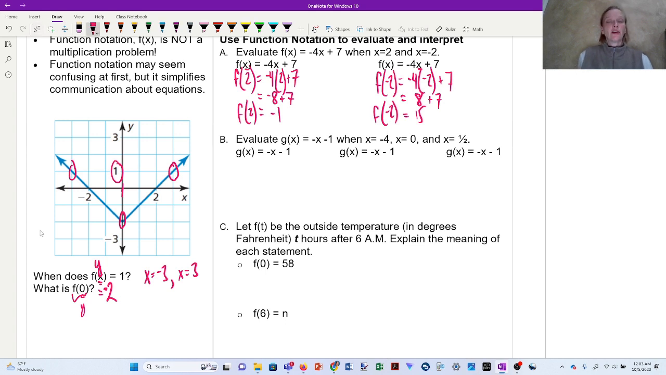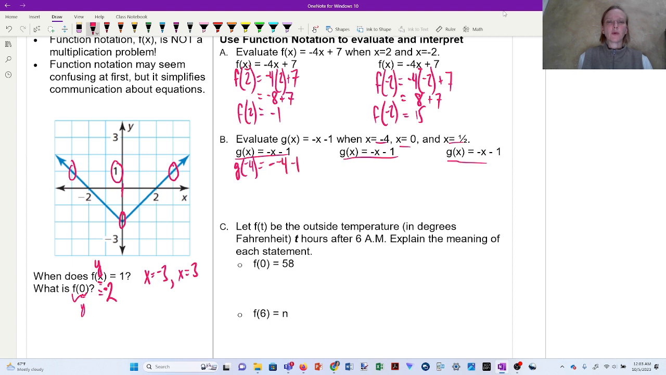Let's look at another function and evaluate it for various values of x. G of x, this is a different function, so I went ahead and gave it a different letter. G of x equals negative x minus 1. And I've just written that equation 3 times here because I'm going to use 3 different values for x. All right, when x equals negative 4, I'm going to replace all my x's that I see in this equation with negative 4. So g of negative 4 equals